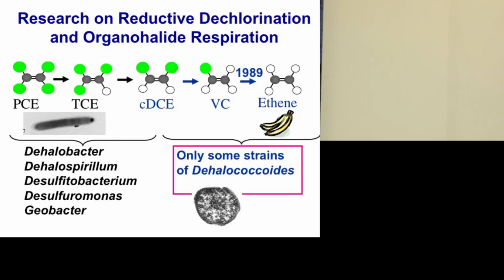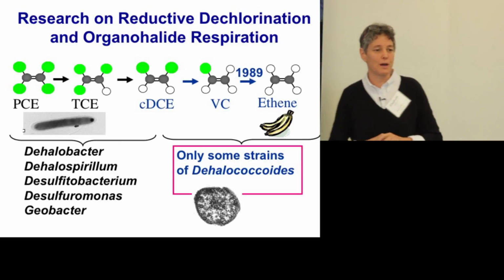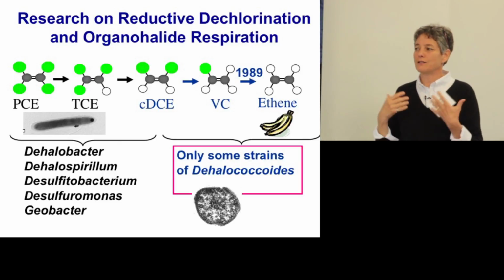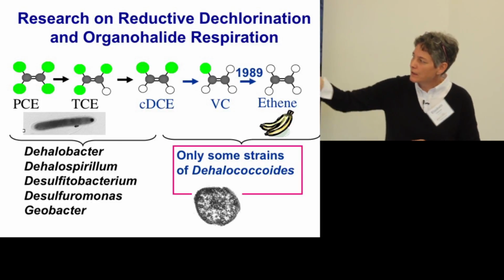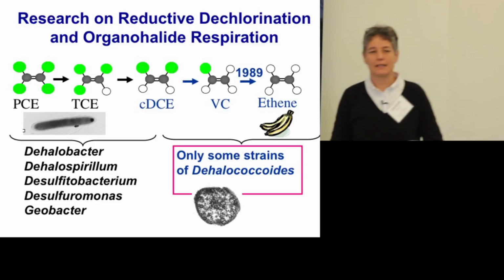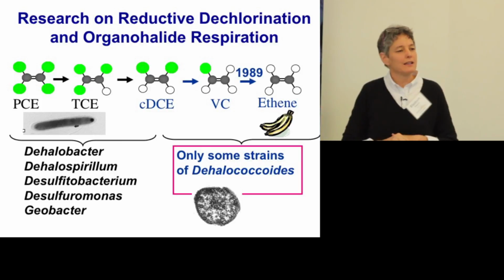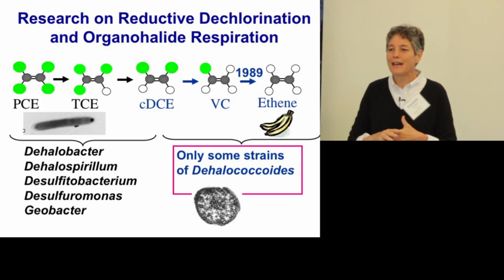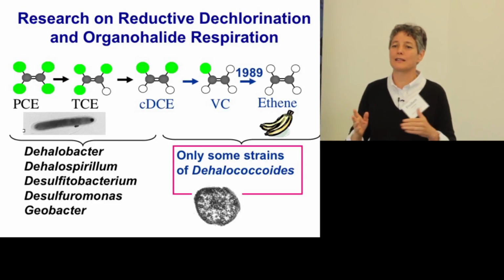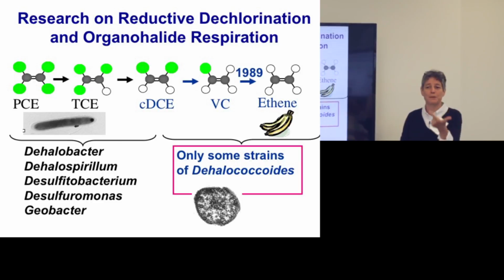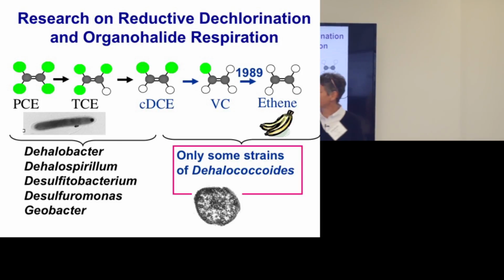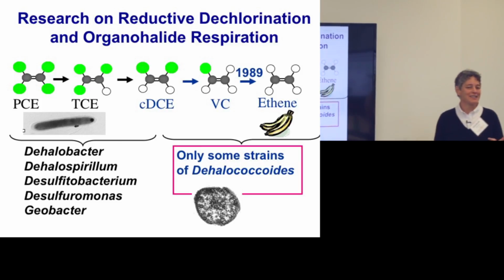This organism here is called Dehalobacter restrictus. It was the first microbe that was isolated that grew on tetrachloroethene, PCE. And that's the only thing they could find that it would grow on. They couldn't find it would use anything else. It wouldn't use oxygen, nitrate, sulfate, or any other electron acceptor you could give it. It uses hydrogen and PCE, and that's how it grows. So it was called Dehalobacter because Bacter means bacillus, like that shape, and because it removes halogens. And it was called restrictus because that's all it could do.